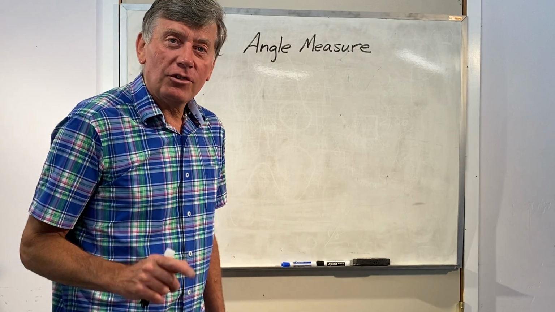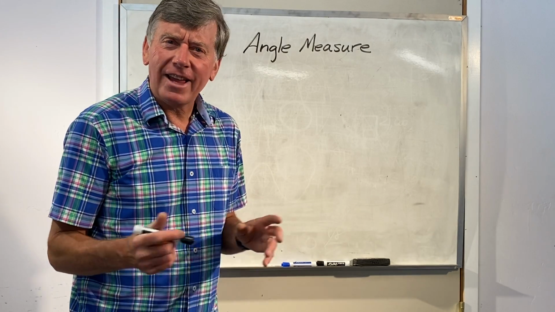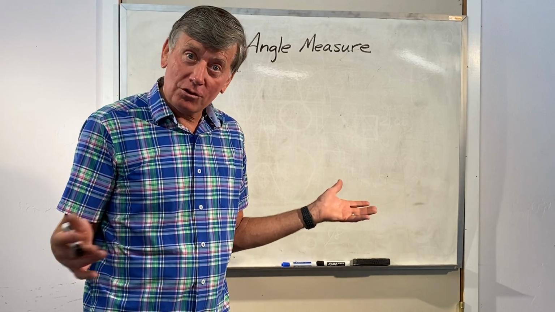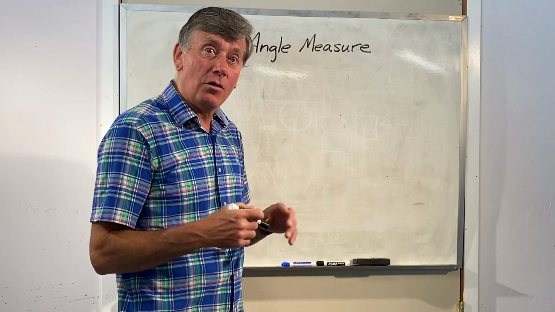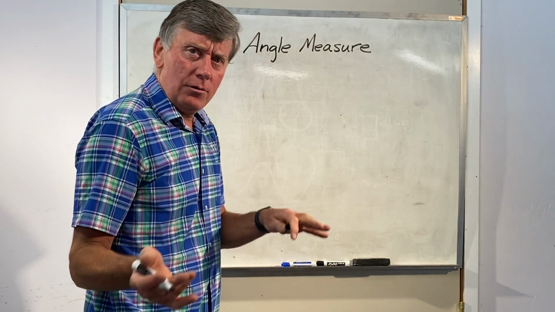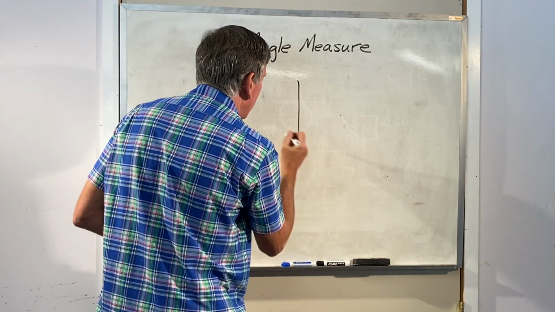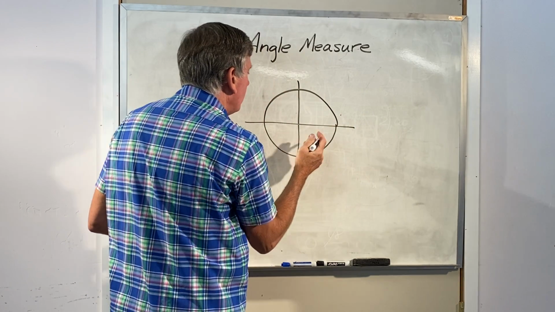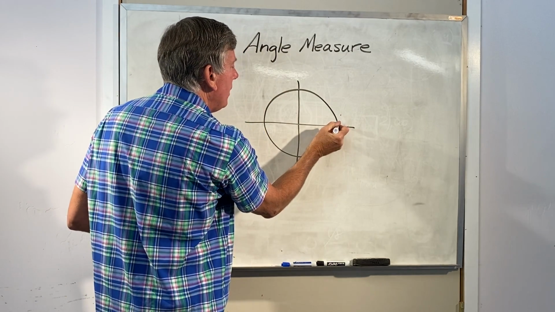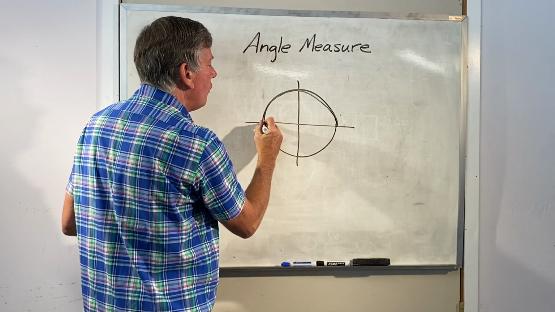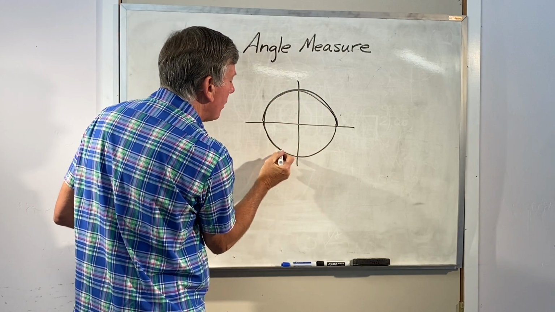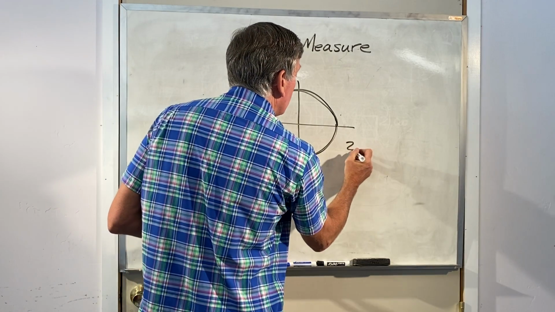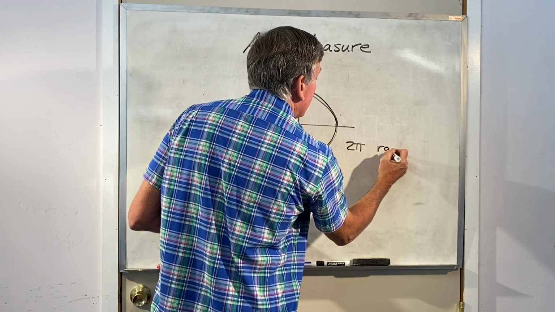As we break into chapter 6, we're going to talk about angle measure, and so you're going to see stuff that I'm sure you thought about seeing before, but up till now we've been talking about the unit circle, and we've been talking about how there are pi radians when you go halfway, and there are another pi radians when you go the rest of the way. So there are 2 pi radians